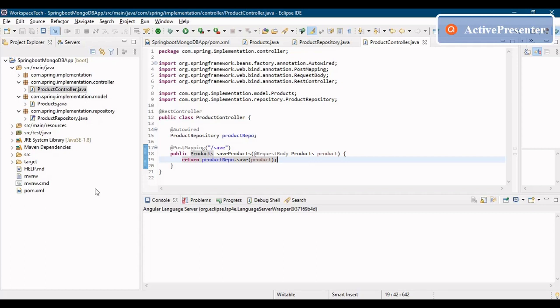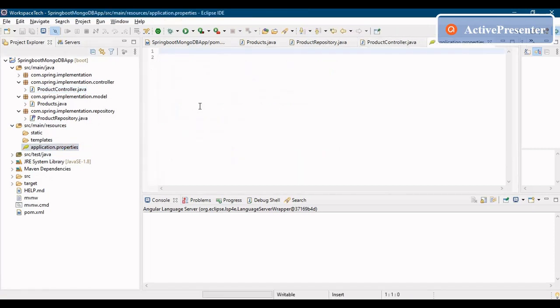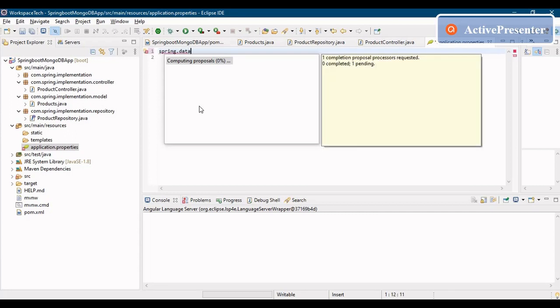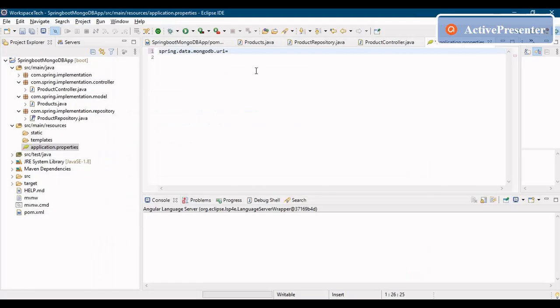Now we have to configure our database. So what we can do is simply go to application.properties. We have to configure a property called spring.data.mongodb.uri, right? What you have to put in here is, you have to go again to your Atlas and copy this URL, and paste this URL here. You have to change this password, the password that is in angular brackets. So you have to change this password. The password was